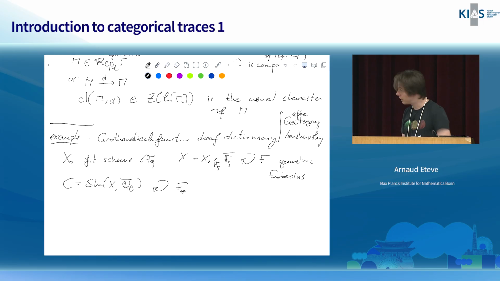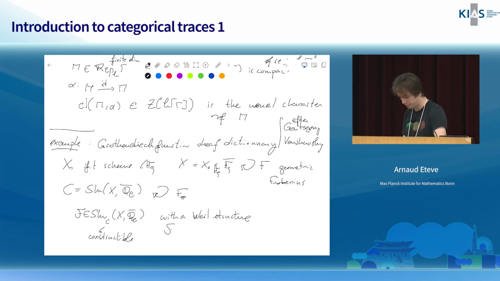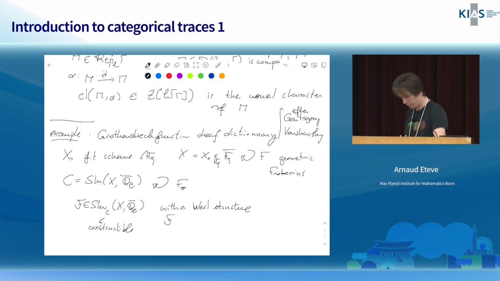Okay. So let's just recall the classical function-sheaf dictionary. If you take F to be a constructible sheaf with a Weil structure, a Weil structure here will be a map from F to f lower star of F. So it should really remind you of this class construction. And that's the whole point. So let's call it alpha to be consistent.